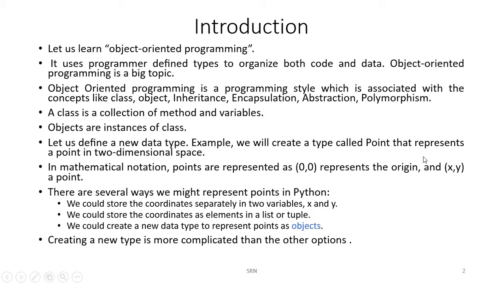Till now we have been learning procedure oriented programming languages, wherein we were declaring the variables, defining functions and calling those functions to execute. In case of object oriented programming, we can define our own data types. Why do we need that? Is the question. Now, we have been using variables like int, float, string, all this.